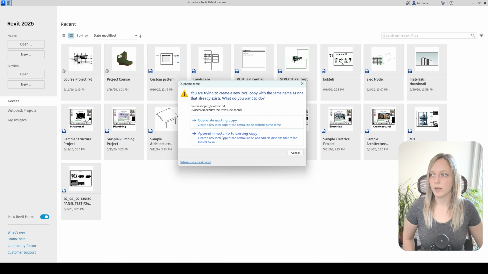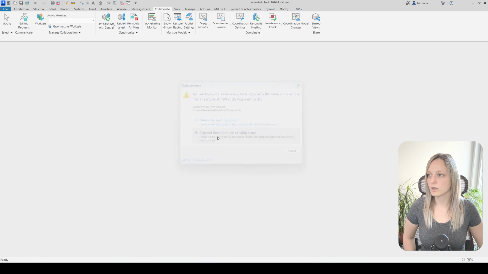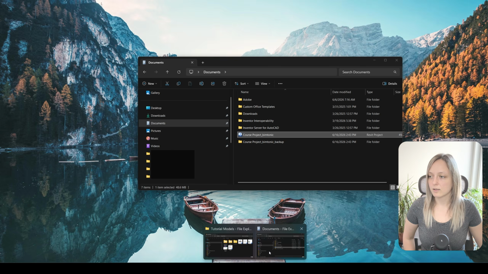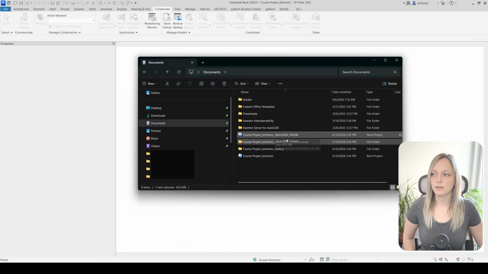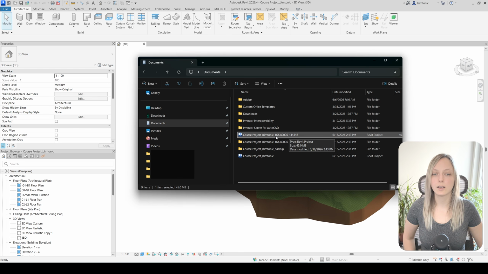Another option is appending timestamp to existing copy. I will click append. And as the file is being created, we can see that it has created this new file that has today's date visible and the actual time when I am creating this local copy. This can also be helpful because occasionally you might want to create backups. This means every time I create the new local copy of today's date, it is basically leaving you with one backup. It is not something that everybody has to do because not everybody has enough space on their computer,